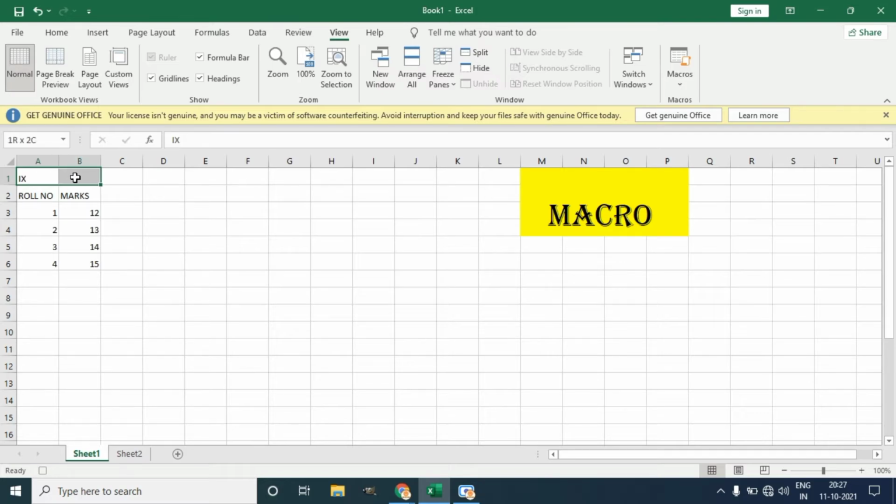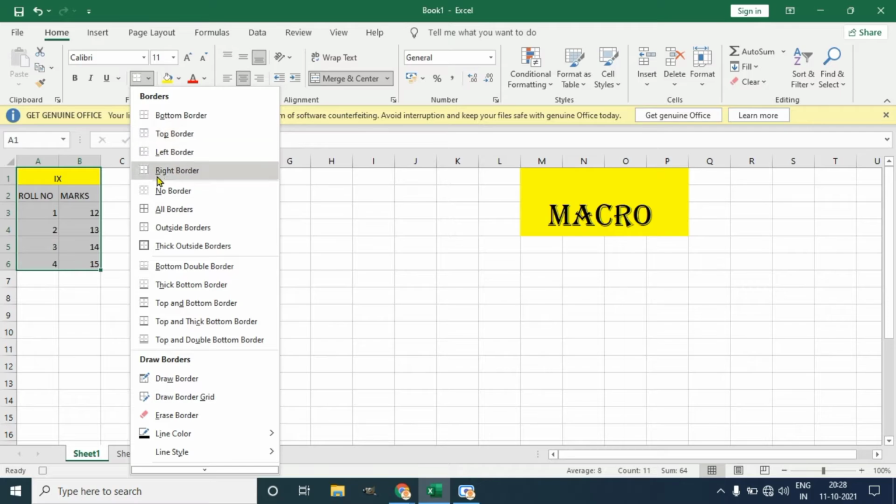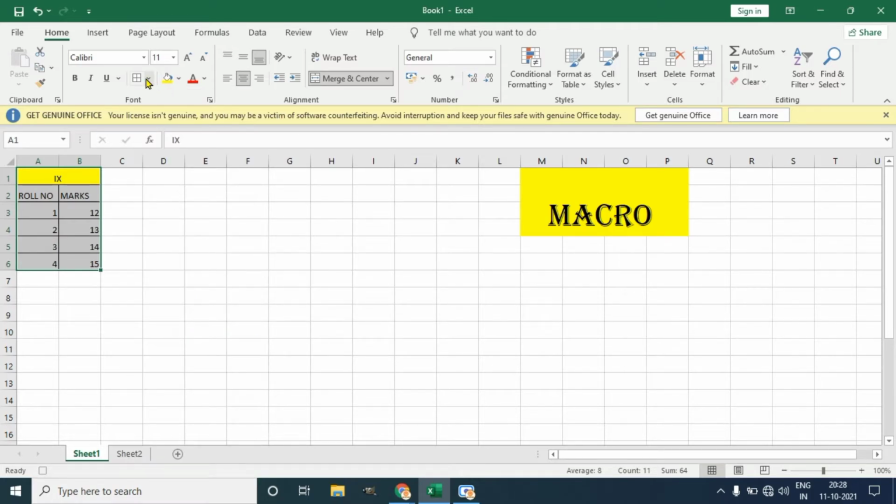I'm going to apply some formatting here. Merge and center. Okay, I want a color here. Then I want a complete border, so I'm going to add a border. I want a thick border for the outside. Then I want this part to be bold. Then it should be aligned.